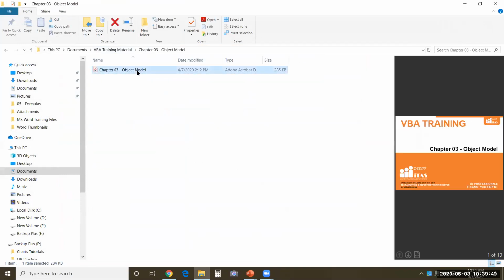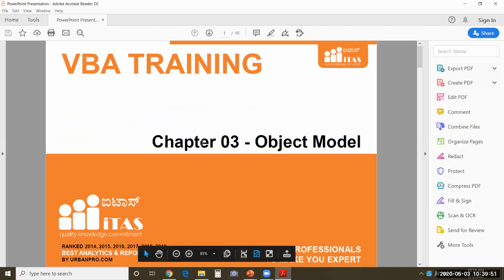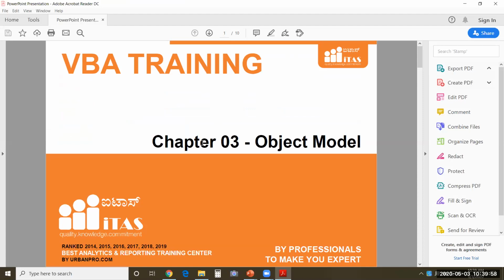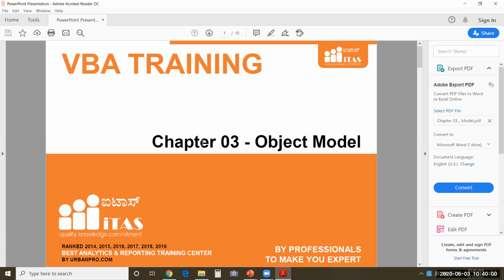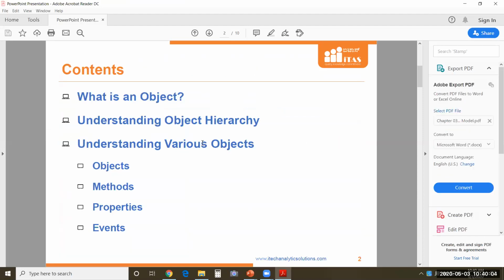See, this object model is one of the core parts of your programming. Without knowing the object model, we will not be able to start the programming part, because you need to know what the different types of objects involved are, on which you are trying to write a program. So, for example, you have an Excel application, and in that you want to copy paste a range of cells. So here I can consider the cells as an object.